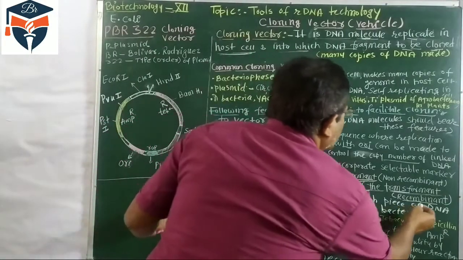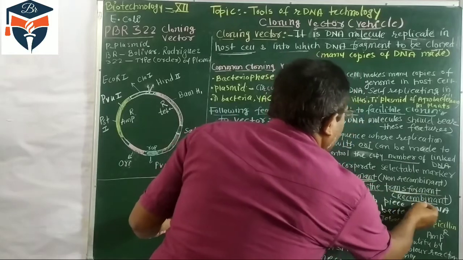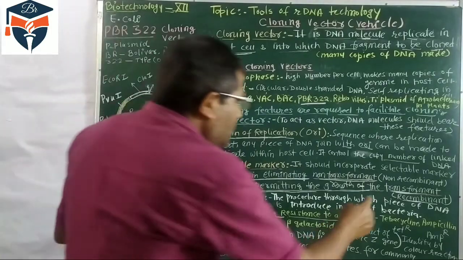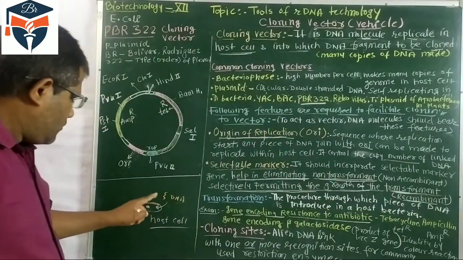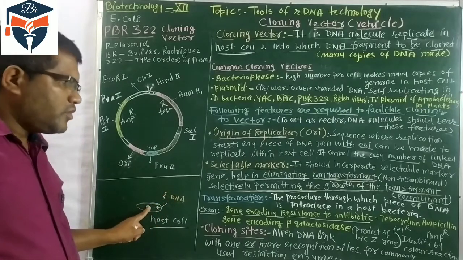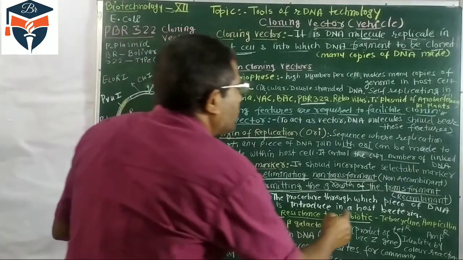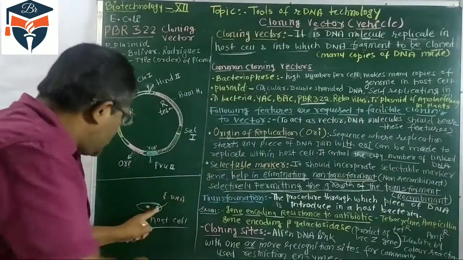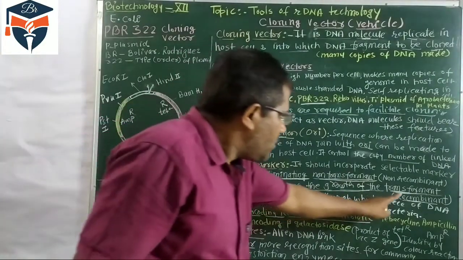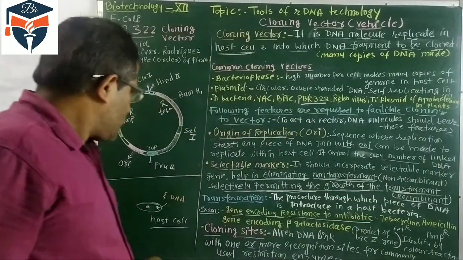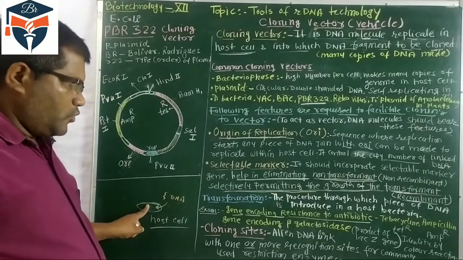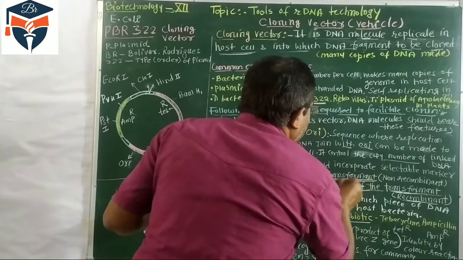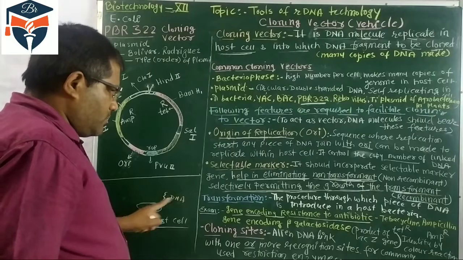It means this DNA will combine with the DNA of the host cell, and that is what we call the transformation process, or it is also called recombinant DNA. So when the plasmid DNA, this DNA piece, is introduced into the host cell, then we say the transformant is formed. It means recombinant DNA is introduced into the host cell. It is called recombination or transformation. When this DNA is not introduced in the host cell, it is called a non-transformant.